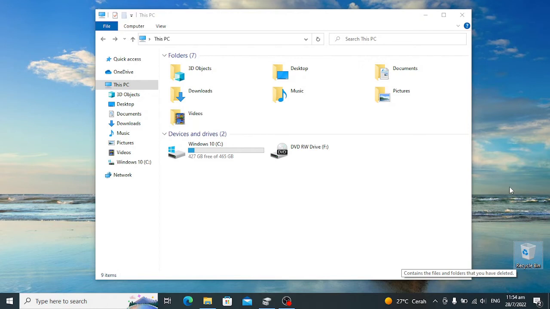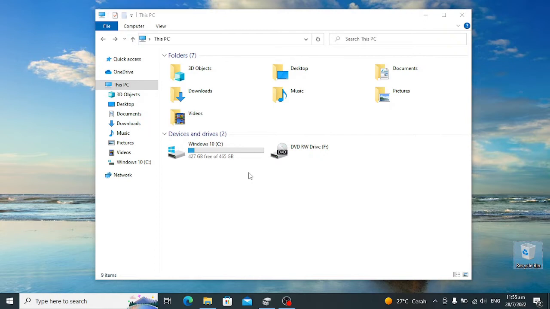Hello everyone. If you bought a PC or laptop preloaded with the Windows operating system, it's very likely that your entire disk space is put in a single primary volume or drive, which is the Windows volume or C drive, like the one I'm having here right now. Although the NTFS file system used by Windows supports drive volume size of up to 256 terabytes, for better files